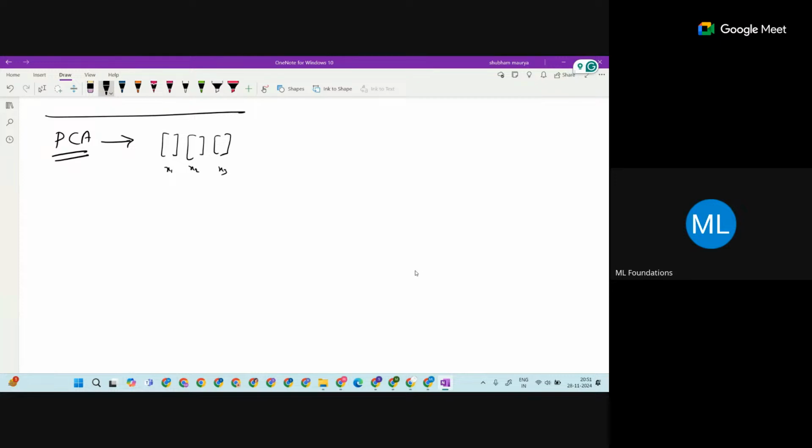Here I said in that PCA session, why we are doing this PCA algorithm is that suppose here is x1, and here is x2, and here is x3, and I want to study the properties of all three. Suppose you have a very large dataset up to xn, and it's going to be larger and larger. In that case, studying the whole data is going to be tough.